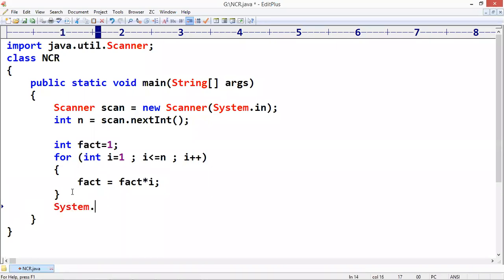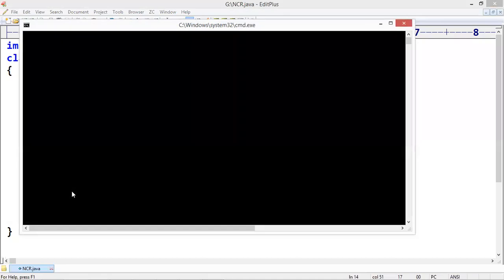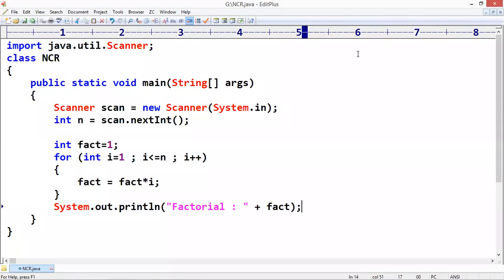We are printing that factorial value. System.out.println, what is that factorial value? That fact we are printing. Whatever number you give, suppose if I give the value 5, factorial value is 120. Hope everyone can write this code. Simple code we know.